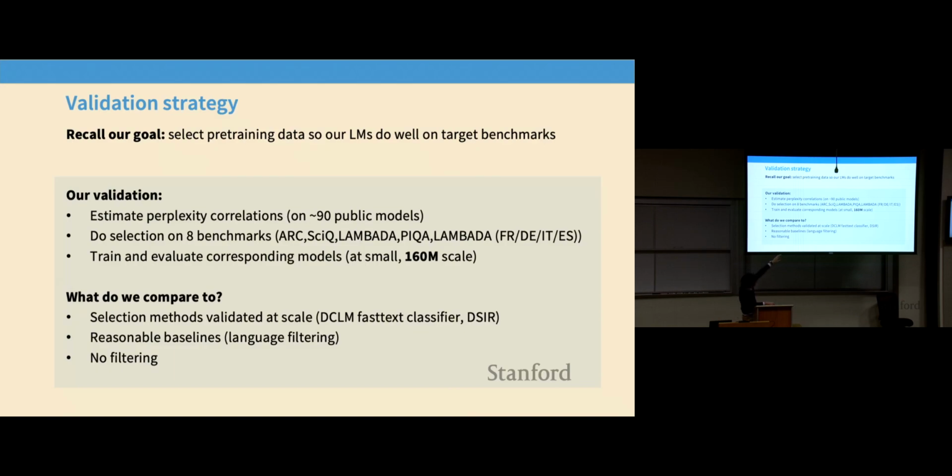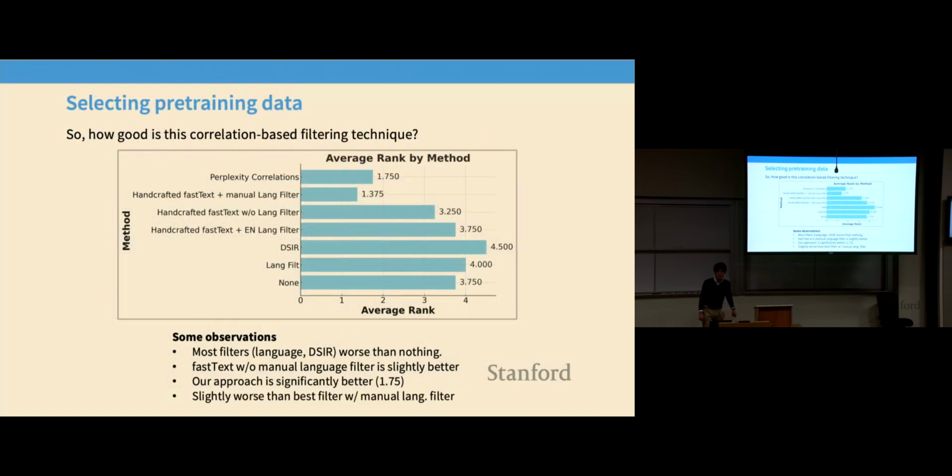We take 8 benchmarks that work even with small models, and then we train and evaluate these models. We're going to compare to some reasonable baselines, like the fastText classifier or this thing called DSIR that was validated at scale. And then we're also going to compare to language filtering or no filtering at all, because past work showed that is a surprisingly effective baseline.